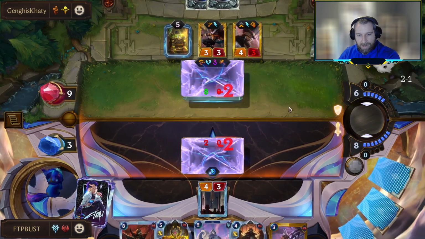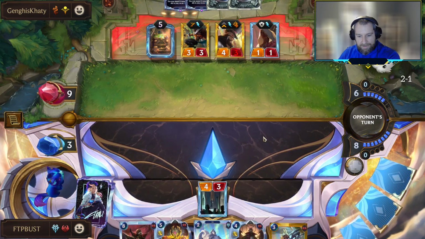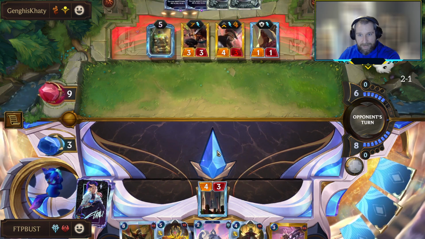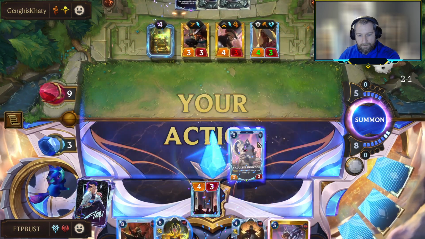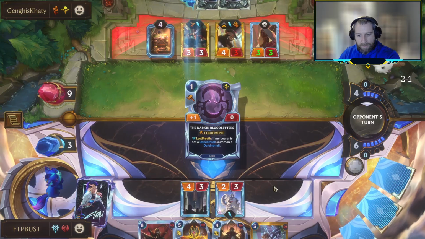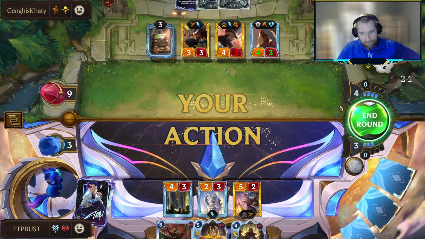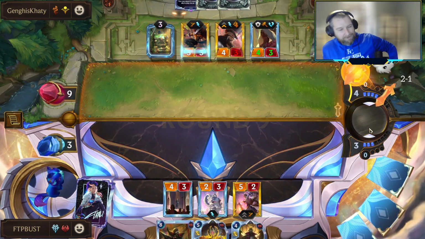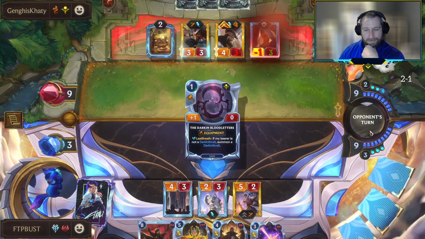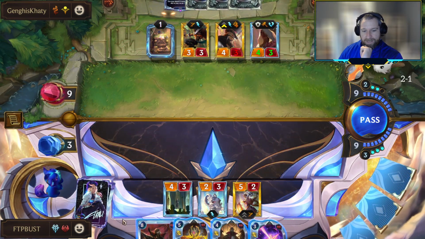What do we got? LeBlanc turns up, opens up the opportunity for a little bloody business. Probably still just pass on that as well. We're getting close though. I mean, we have the LeBlanc, we have the rally generator, and we have a ton of mana as you approach turn 10. So I think as long as we don't die this turn, we might be okay. That can be a scary thing to be saying, but